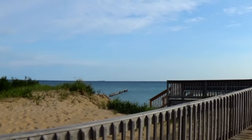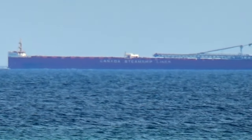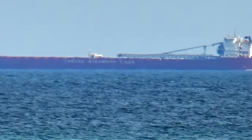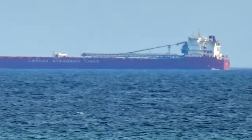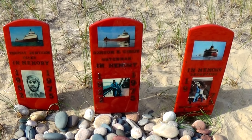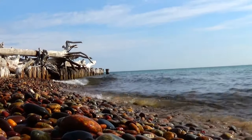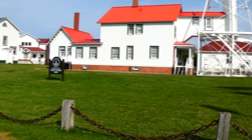And there's an ore ship out there right now. And that is the ore ship out in the lake right now. And this is a memorial on the beach of some of the crew members lost on the Fitzgerald. This is a very good museum. I would recommend checking it out if you're ever up in this